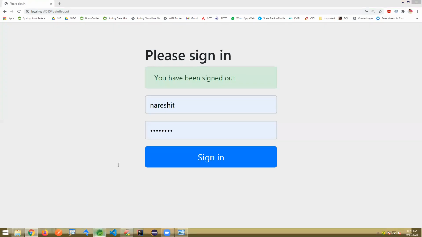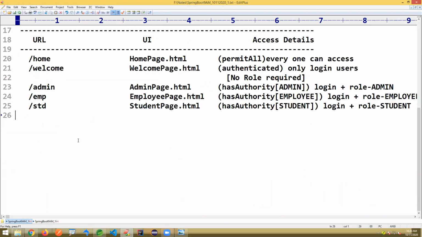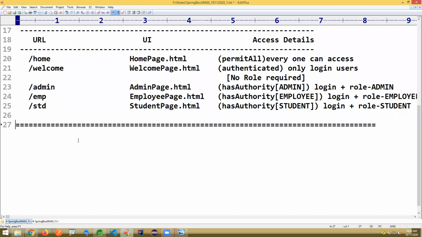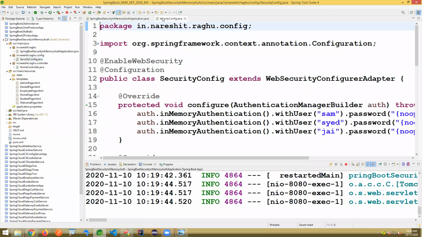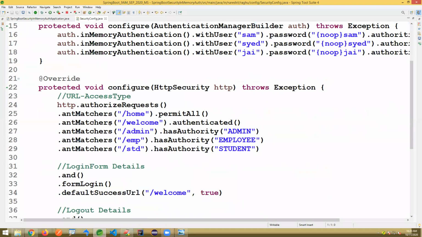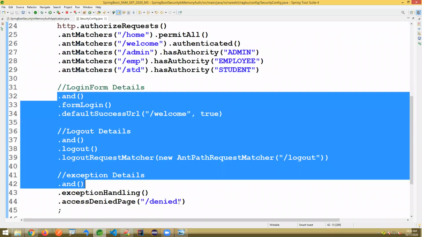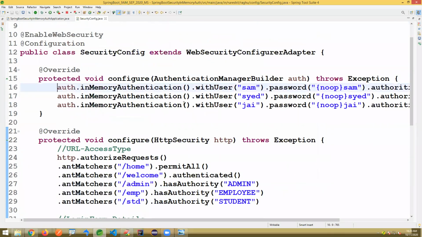Okay, this is one basic example here. We have to do high level customized pages, forgot password, reset password, verification using email. So many are there, sir. In this basic example, what you should concentrate on mainly is this section. Just concentrate on this section here. How they are internally working, that I'll show in the next example.